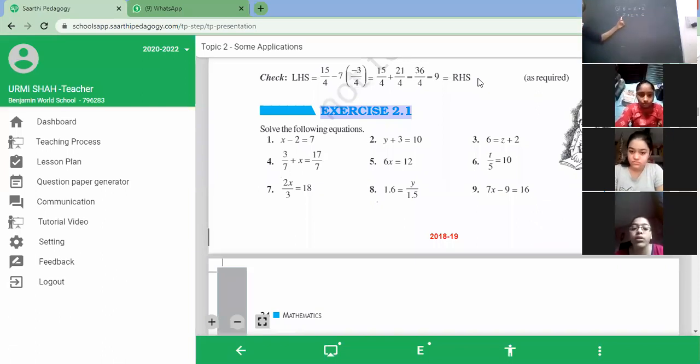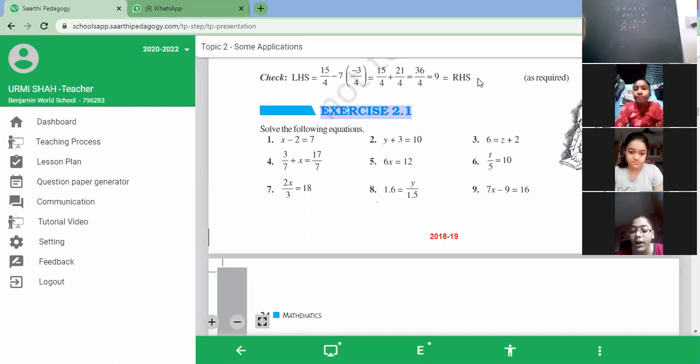Left hand side पे आ गया variable. Just like this you have to write. Now z will be alone. Who will go that side? 6 minus 2, plus converts into minus. You will get z is equal to 4. That is the answer. z is equal to 4.